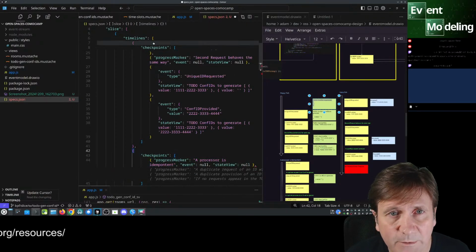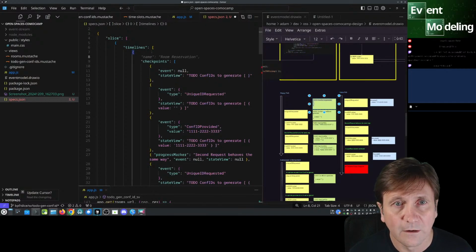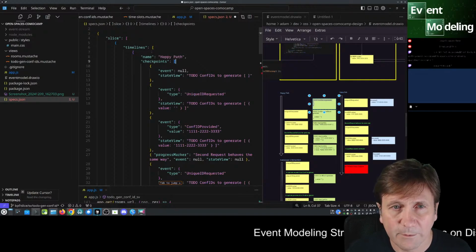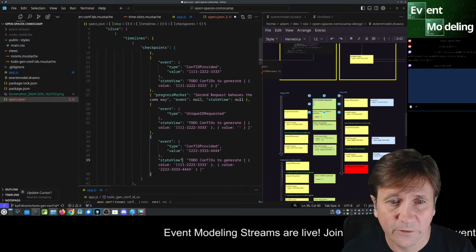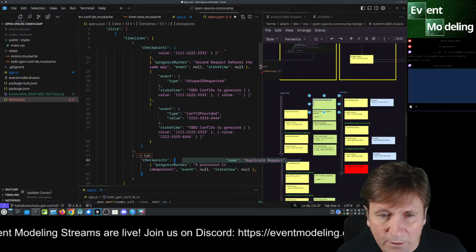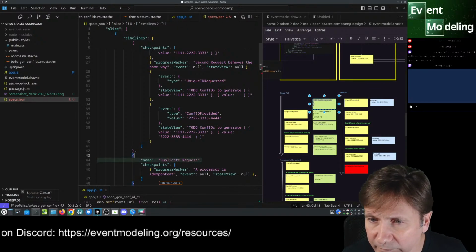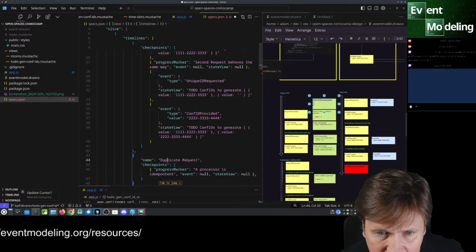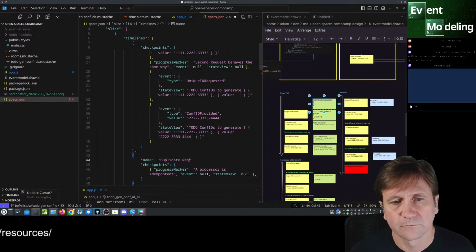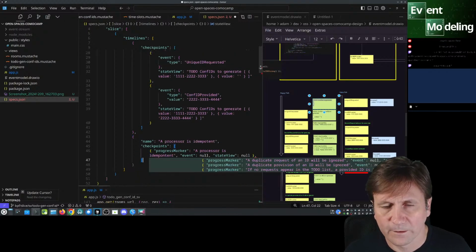So the name is Happy Path. So it had that in the text before. The processor is idempotent. Okay.